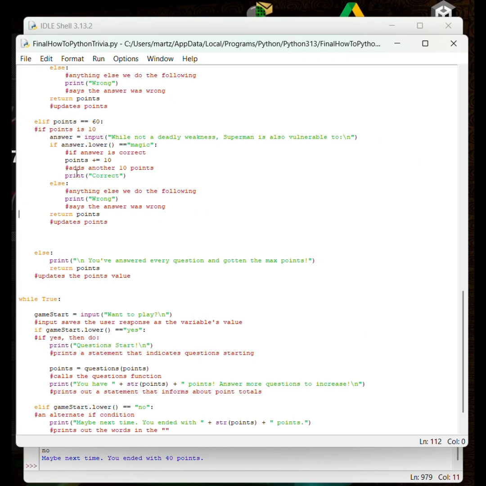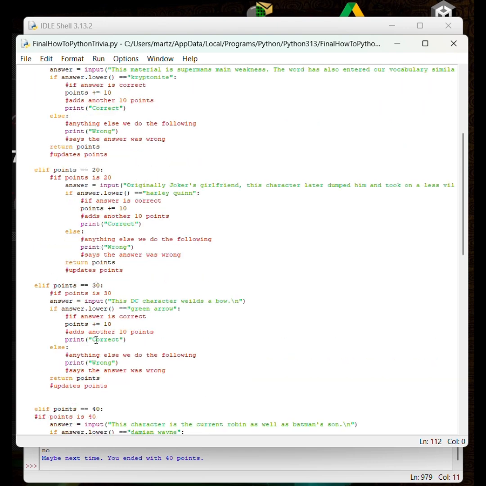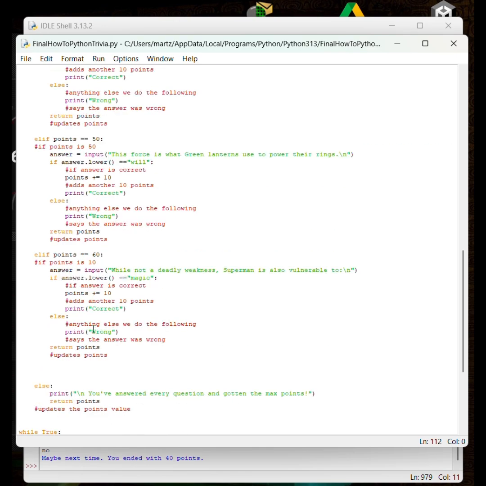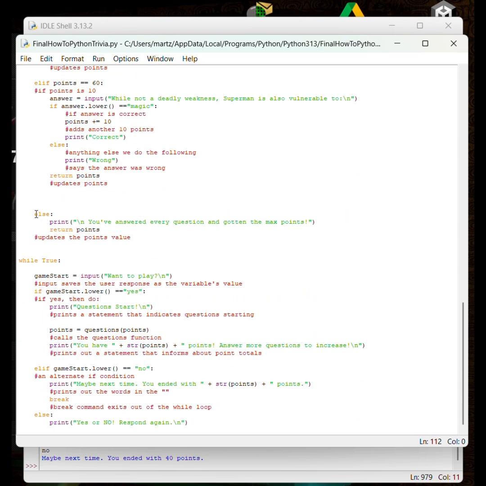And that will be our trivia code. So, as we can see, we have this function with an if statement, with if statements regarding if the points are 0, if the points are 10, essentially indicating if we have played, how many questions we've correctly answered as of yet, adding up until we have 7 questions, and then with an else statement if we've answered every question,